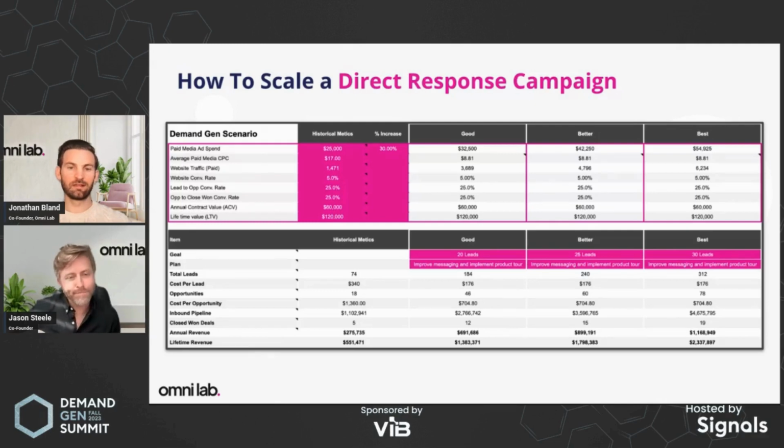Exactly. Well, that's a good point, because you and I and the rest of the Omni team have these conversations all the time. They're hard ones, right? You can do some of this estimation all you want, but it doesn't mean that those things are necessarily going to happen. There's a lot of different factors. I mean, the auction is constantly changing, right? So people are bidding up, bidding down different audiences. And so you may have some historical metrics that say X, but just because you dump another $10,000 on it doesn't mean it's some linear scenario where you're just going to drive 10 more demos for the cost of $100 a demo. And so you'll have to adjust that in your model a little bit, and it'll never be